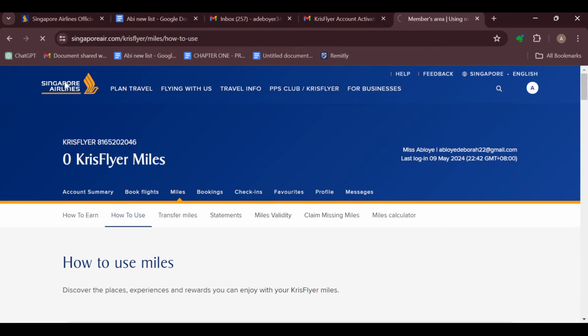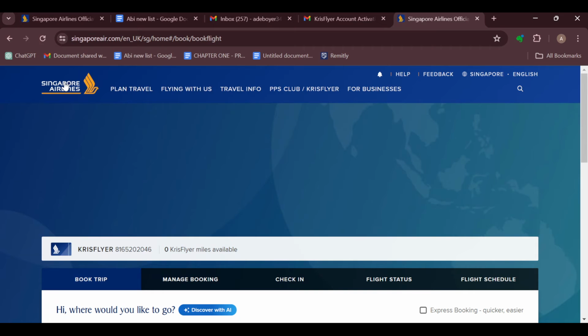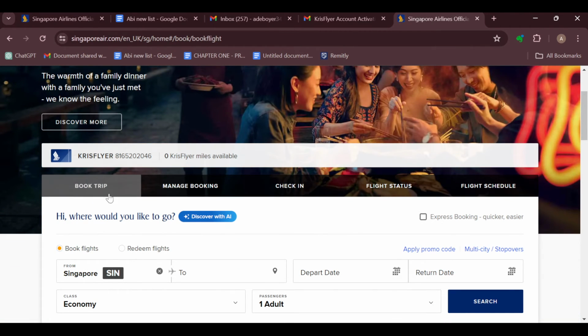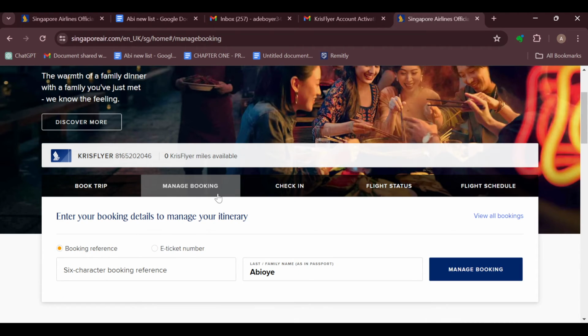But if not, you can also do this by going to your manage booking page. So on the home page, scroll down to the part of the screen where you can see book trip, manage booking, check-in, and click on manage booking. After clicking on manage booking, enter in your booking reference, click on manage booking, and then you'll be taken to